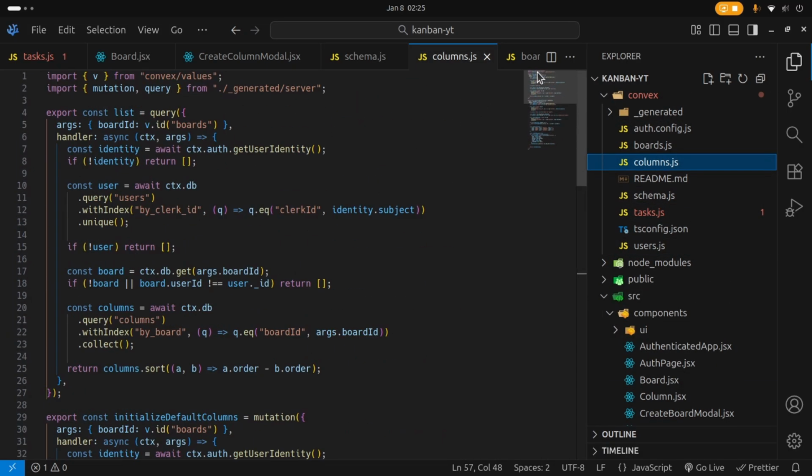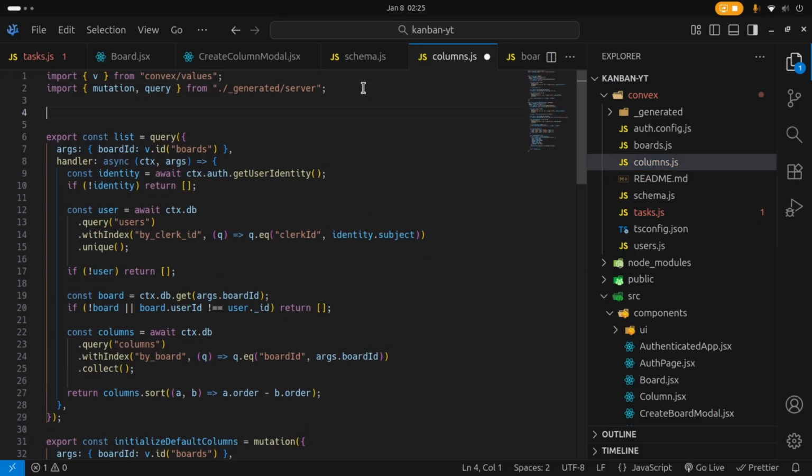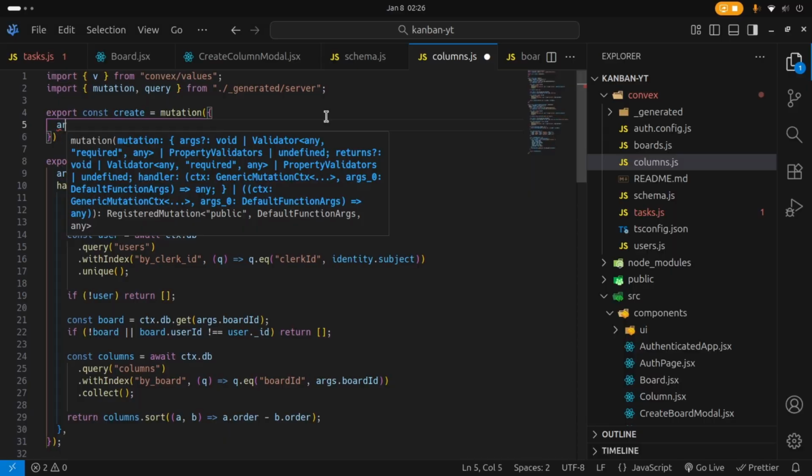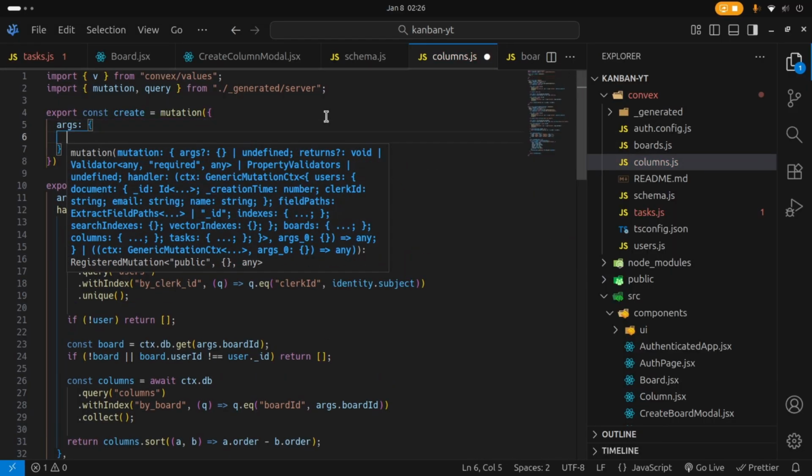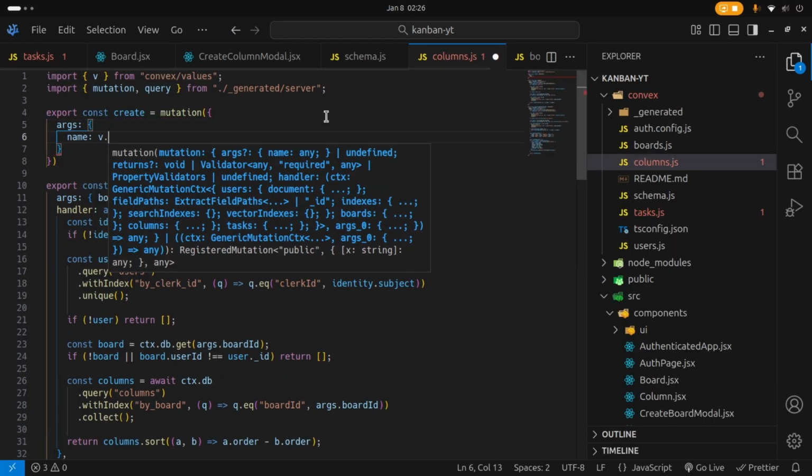And then let the create function become the first one. So right below our imports, let's go ahead and create our function. We're going to say export const create, this is equal to a mutation. Open this up, and then I'm going to pass in some arguments here, which is going to be name, which